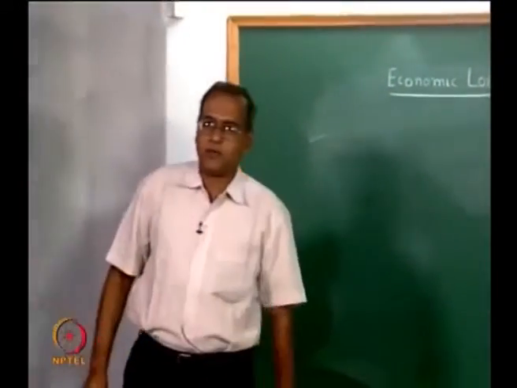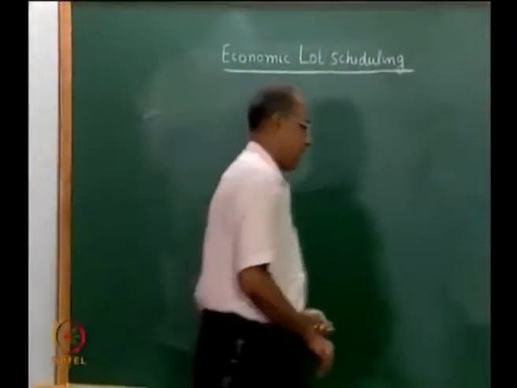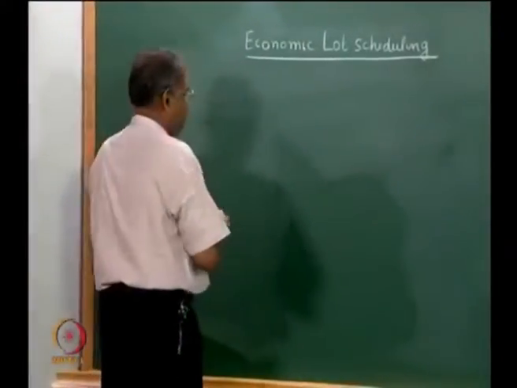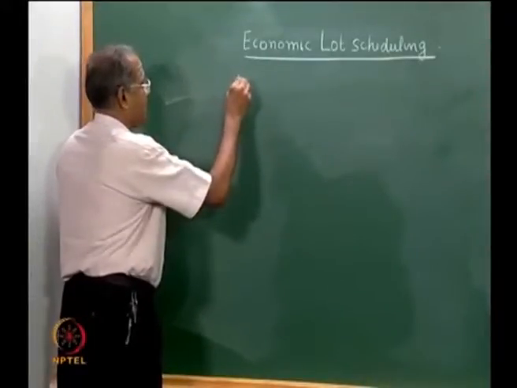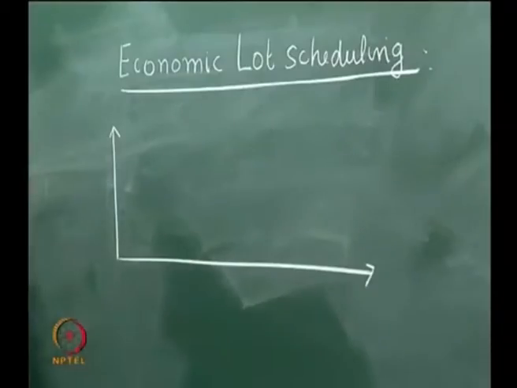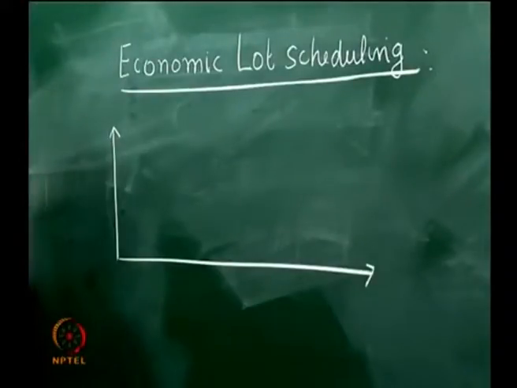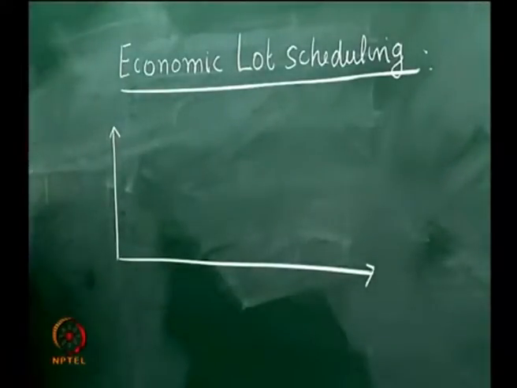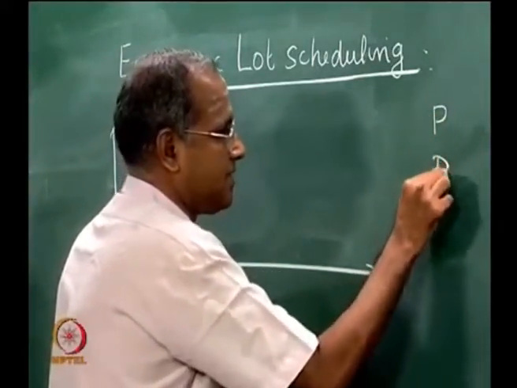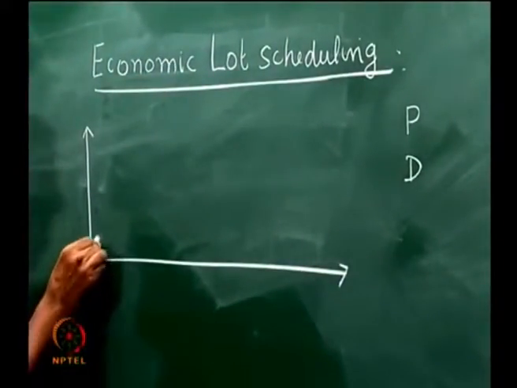Now, when we defined the economic lot scheduling problem, we did something like this. We looked at a particular machine or a facility that is making multiple products. If you take a particular product or an item, it produces at the rate P, the demand is at the rate D. So, what you normally do is you produce for a certain period,